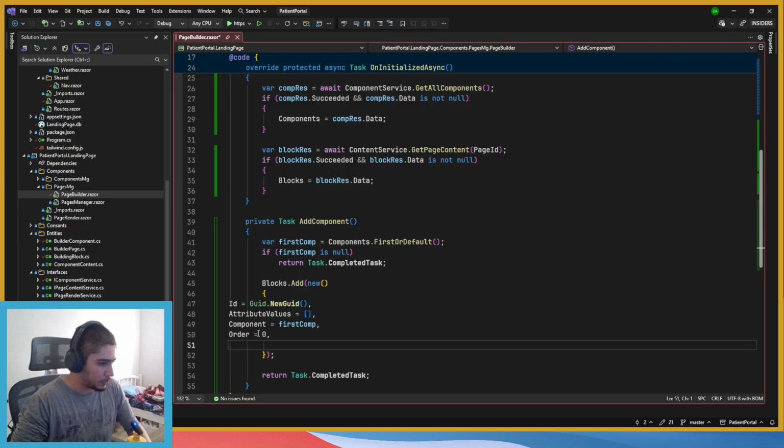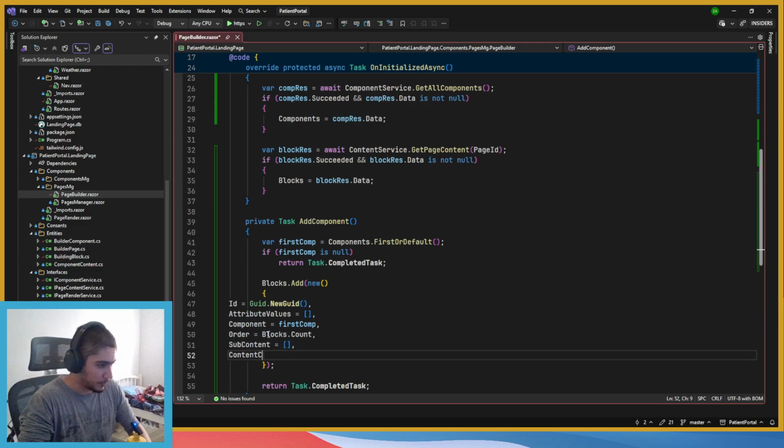Or no, let's do this. So blocks count, blocks at count. Sub content, we're going to go with an empty array. And for content, this is where we're going to do the actual magic, if I say so myself. Variables, or yeah, the content as well.